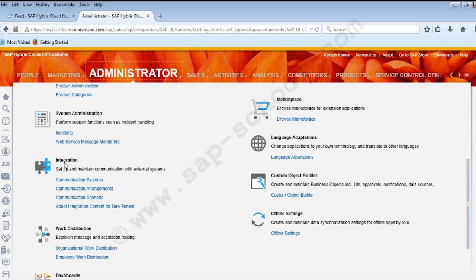After that, we have the integration. So we can set up and maintain the communication with the external systems. We can help the existing customers embed the C4C environment with their on-premise systems as well. So C4C can be integrated with the SAP CRM or SAP ECC on-premise solutions. This integration has to be done here using the communication systems, communication scenarios, and the communication arrangements within the